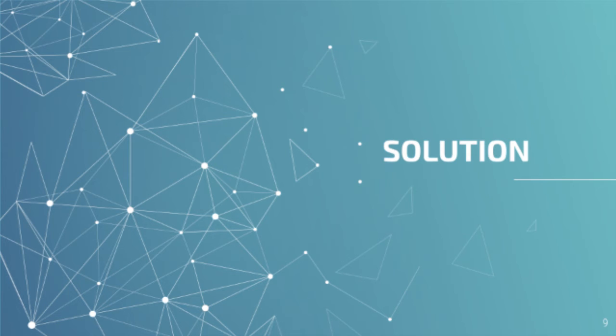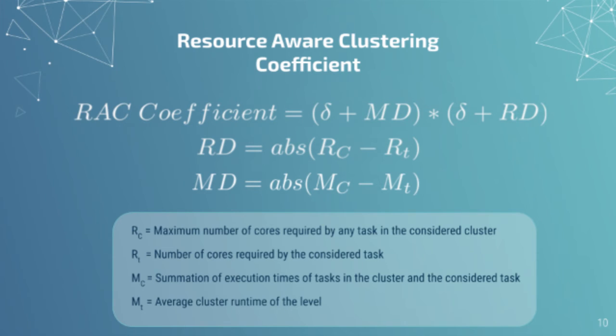As a solution to this problem, we introduce a new task clustering algorithm called the resource-aware clustering algorithm. At the heart of this algorithm, we use a metric called the resource-aware clustering coefficient, which takes both the time requirements and resource requirements of these tasks. Then, it tries to allocate these tasks in an optimal way so that both makespan and resource wastage of these